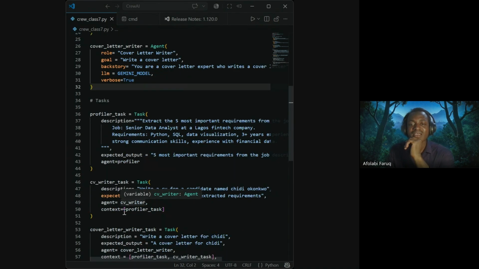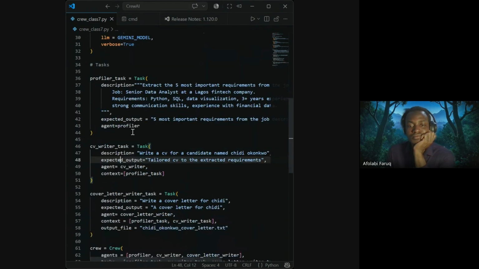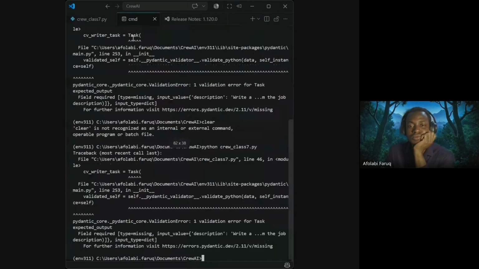Oh, expected outputs. Yeah, expected outputs. Okay, so let's run this again.